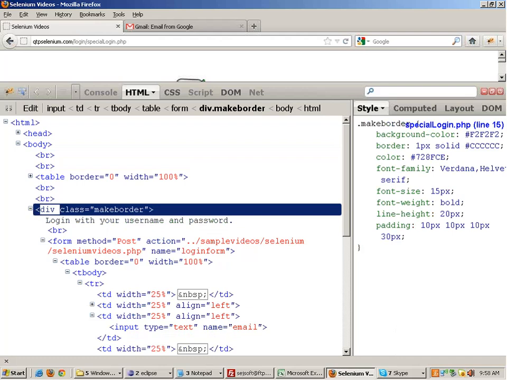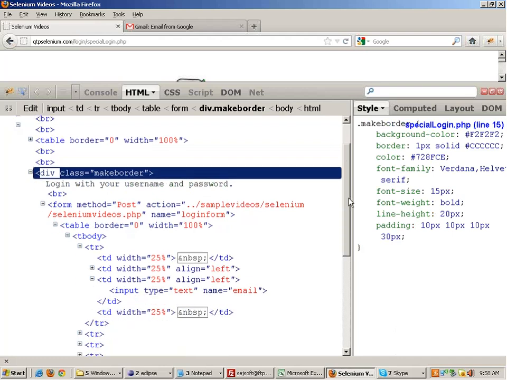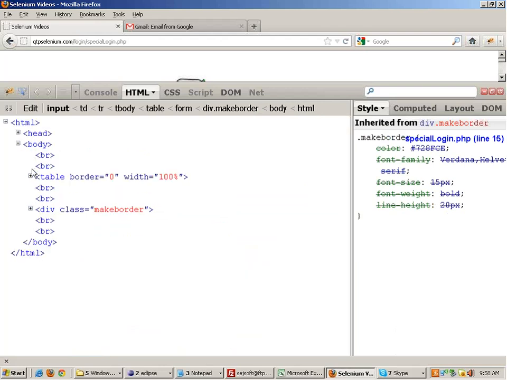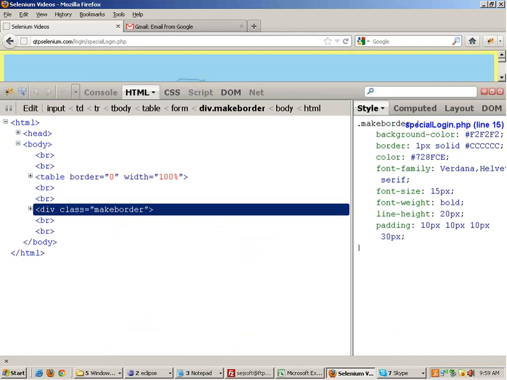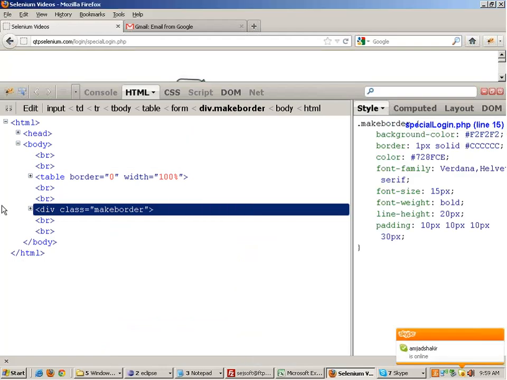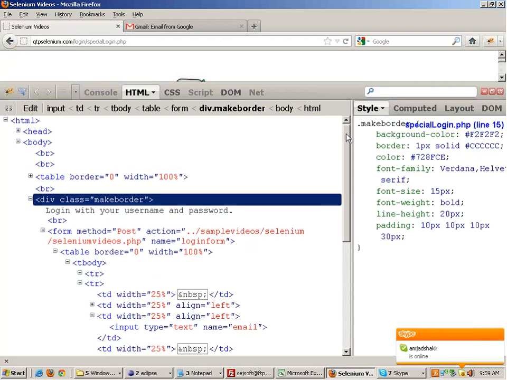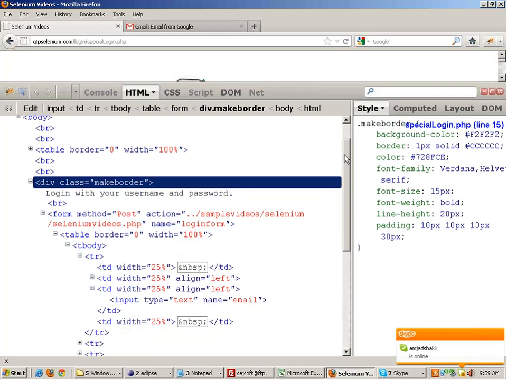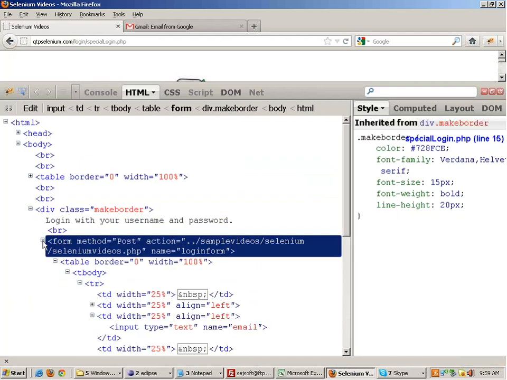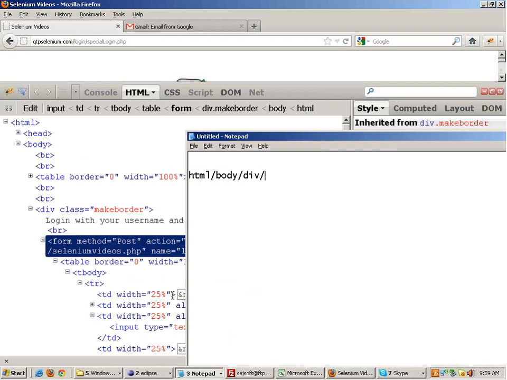Because under the div tag, if I expand the div tag, I am having the input field which I want to use, right? So I will take this div tag like this, and under the div tag you have got a form tag. Inside this form, right, my field is lying. So /form